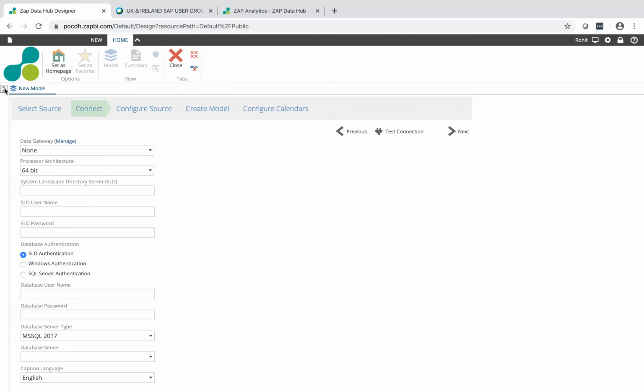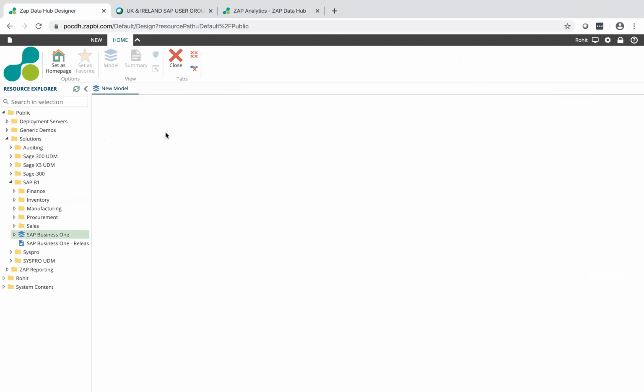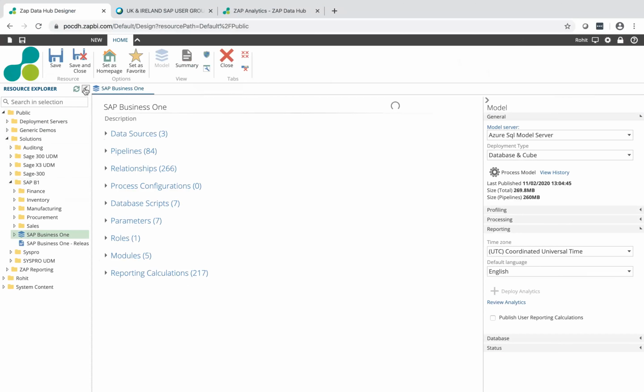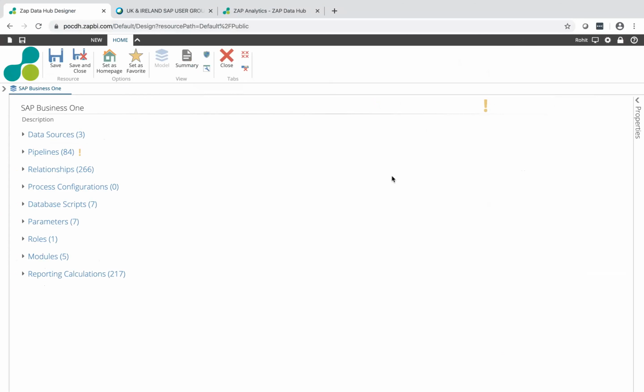Now, if I get out of here, I have a pre-built one for you, and I will just demonstrate what comes out as a first draft when you make the connection. So I've connected to the SAP system. The system is probably 4 times my data warehouse, but you're looking at a quarter of a GB and stuff like that. Minimal data, but I'm giving you context. So this is the first point you'll see from a data management system. I'm going to talk about the first part of data management, which is integration.